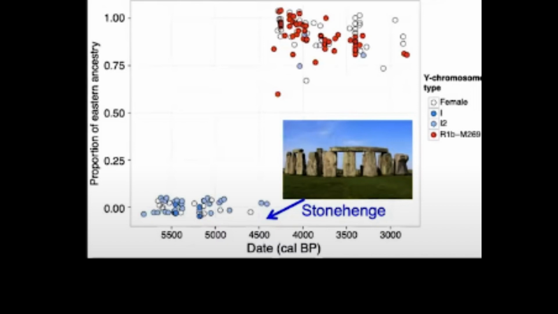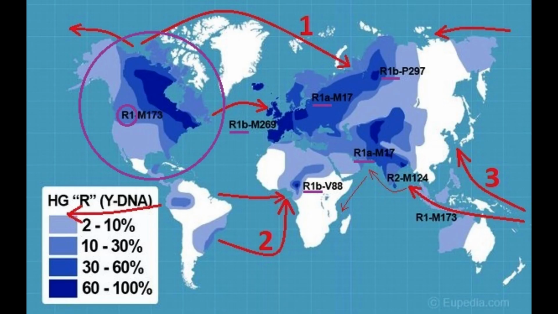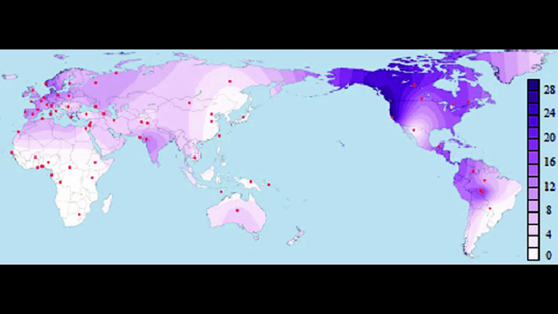If there had been out of Africans, they would have been amongst the blue dots, and would have been wiped out 4,400 years ago. So, they could not be or become our ancestor. Consequently, we modern humans R1 do not come out of Africa, but instead modern humans R1 come out of the Americas. Modern humans R1 are genetically more related to Amerindians than to Africans. As a crucial starter, the Amerindians and modern humans R1 have Neanderthal DNA. Further, sub-Saharan Africans, our supposed ancestors, do not have Neanderthal DNA.